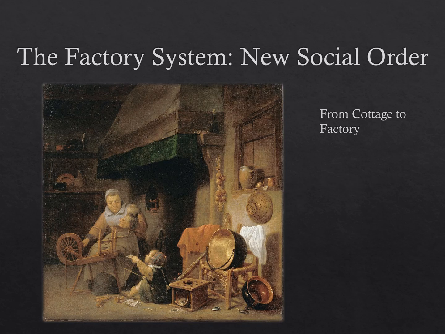Okay, so last time we had talked about this transformation from rural production, home production, and the beginning of the factory system. Our last lecture focused primarily on the industrial, the economic, the technological aspects of this change. In this lecture, we're going to look at some of the social dynamics that begin to emerge as a result of this early phase of industrialization.